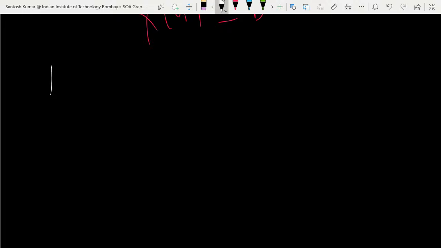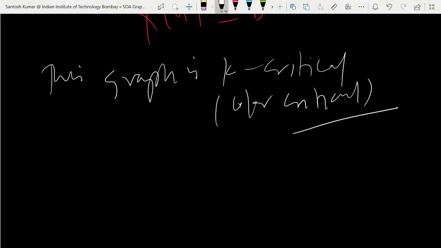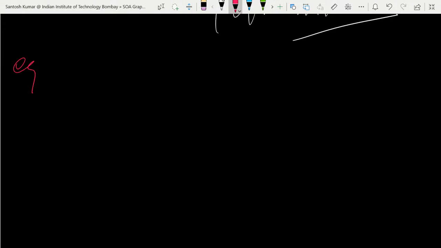this graph is k-critical, or you can say color critical. So it is color critical. Good. So you all already solved. Next question is